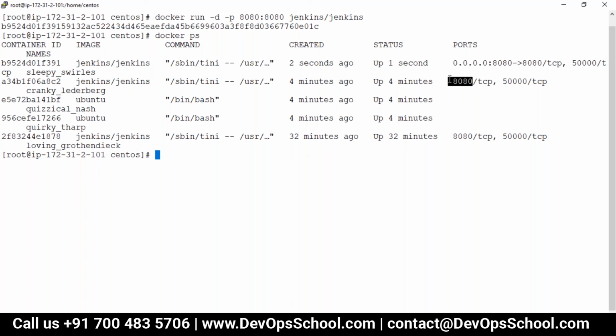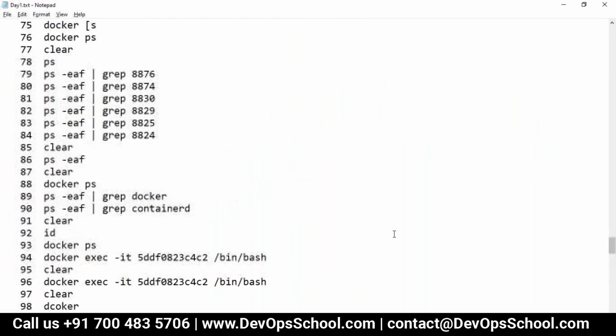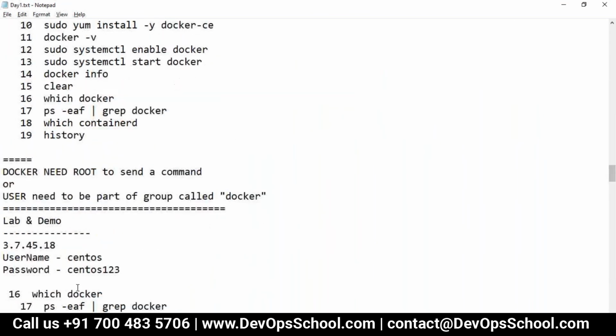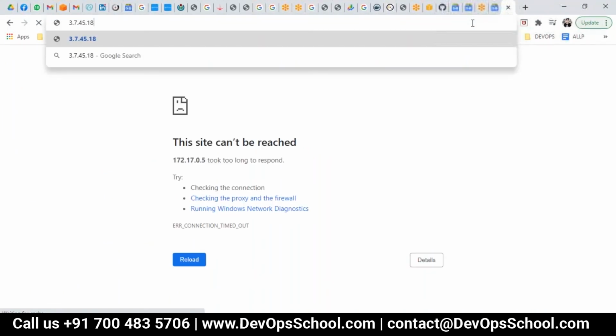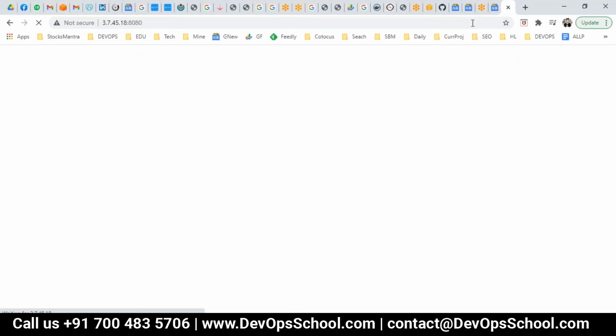Here it is not redirected. So now, can I access the container? Yes. Let's take the IP address of the node, remember, with 8080. And now I can access the container from the host machine also.